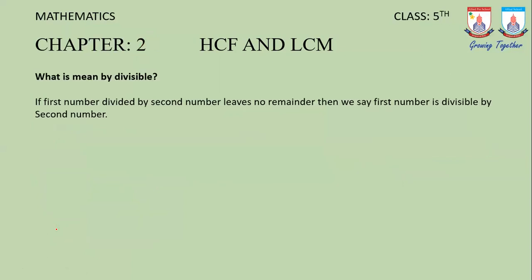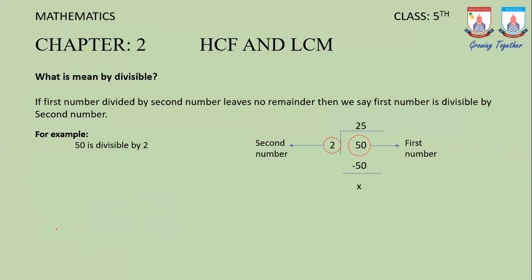What is meant by divisible? I will explain this definition by the example below. In this division, let's say 50 is the first number and 2 is the second number. So 50 is completely divided by 2. So we can say that 50 is divisible by 2. Divisible means if the first number divided by the second number leaves no remainder, then we say the first number is divisible by the second number. The first number is 50